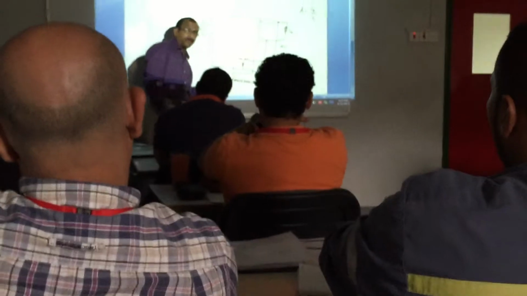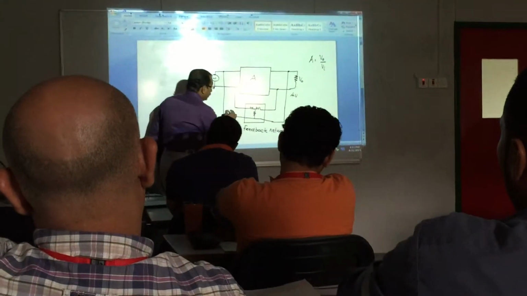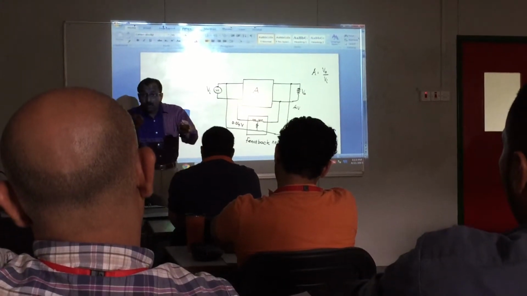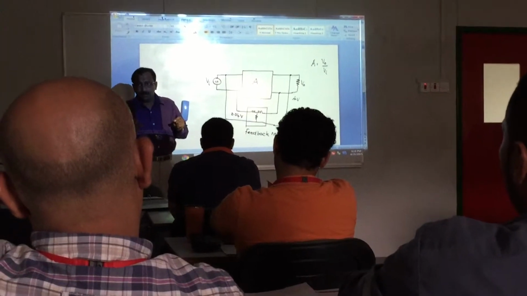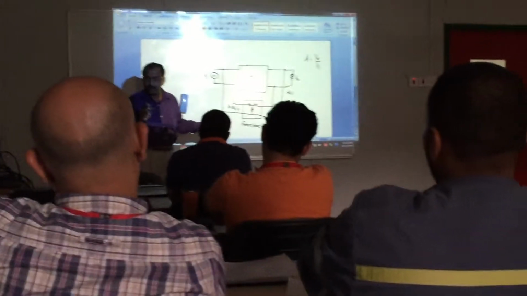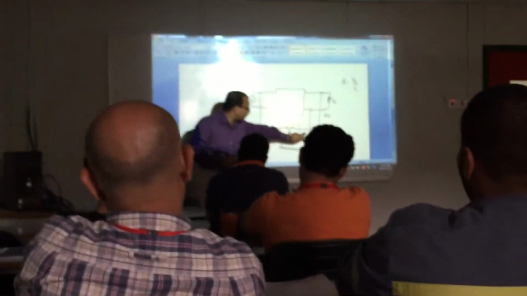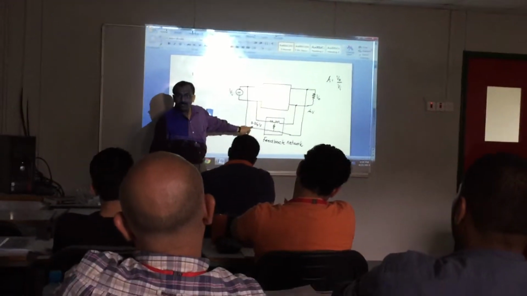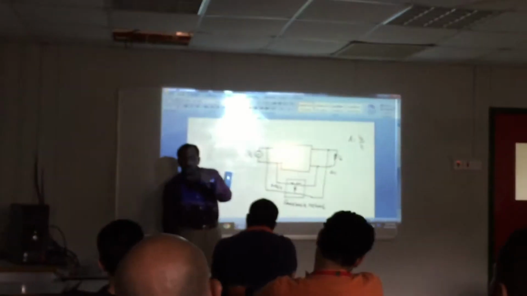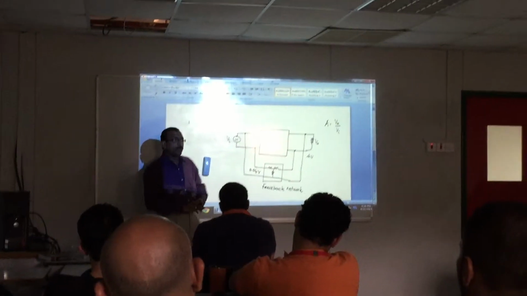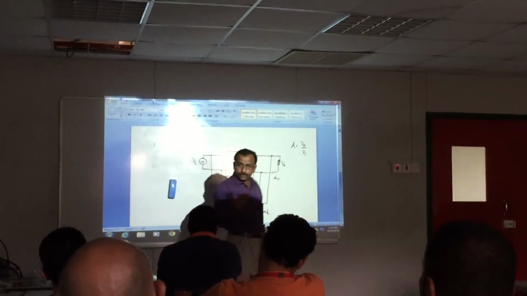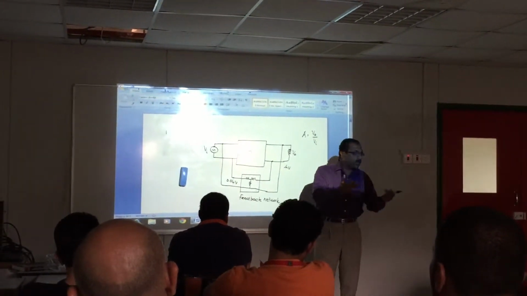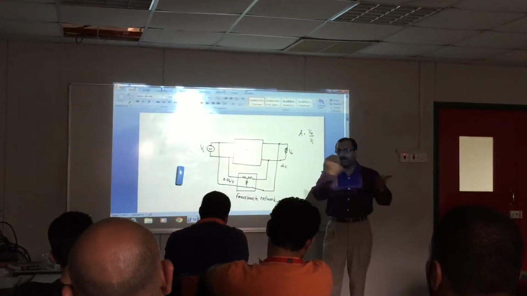And the output of the feedback network will be sometimes 0.04 volt, which means 100 times the voltage is reduced. Right? Here how much voltage? 4 volt. Here how much? 0.04. That means 100 times the voltage is reduced. 40 millivolts. You can reduce that voltage to 0.004 volt or 0.0125 volt. Any value you can reduce.